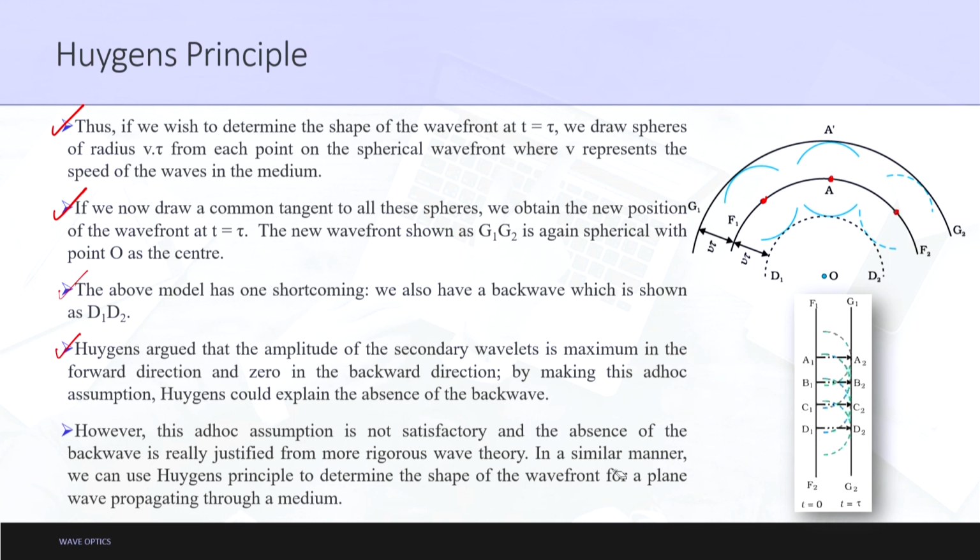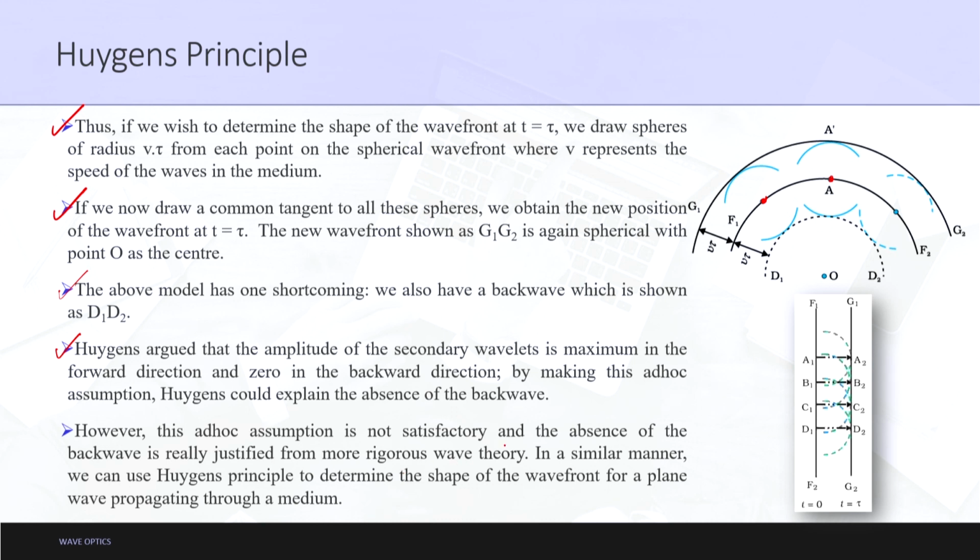Ad hoc is, as I already told you, just a vague assumption. Huygens could explain the absence of the back wave. How he explained this is written here, but actually it is not possible, as the wavefront only moves forward and onwards. However, this ad hoc assumption is not satisfactory, as I already told, it was an ad hoc assumption. So, the absence of the back wave is really justified from a